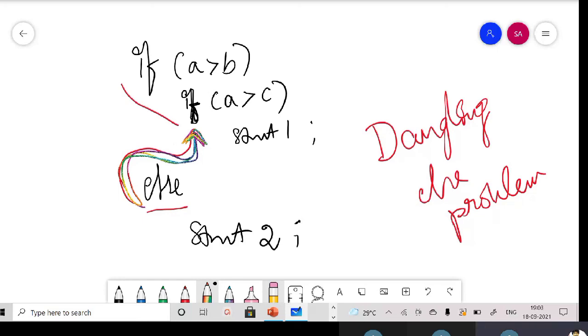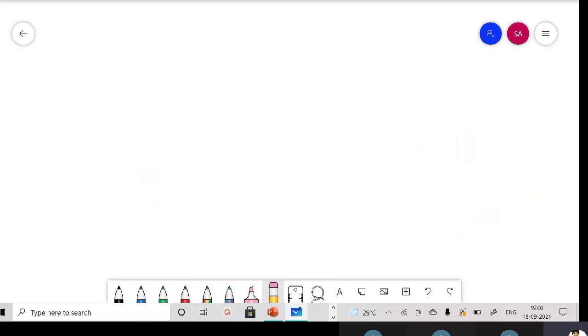No, sir. Okay, so I'll just show you that. What I'm telling is, when your particular pointer is having data and that particular value is out of scope, then your pointer becomes a dangling pointer.